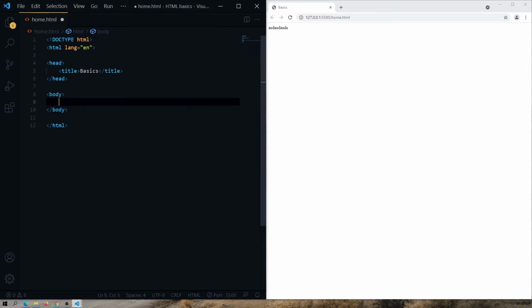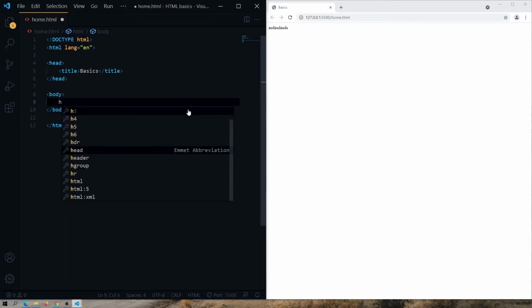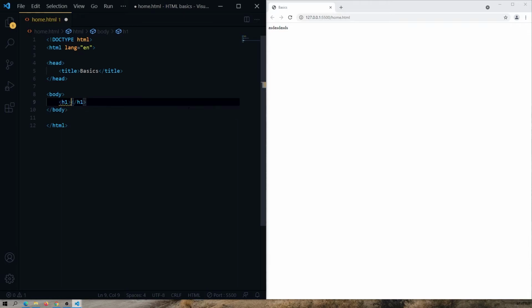To tell the browser what type of content we are writing, we can use different types of tags. For the heading, we can use h tag. It has 6 variations: h1, h2, h3, h4, h5 and h6.